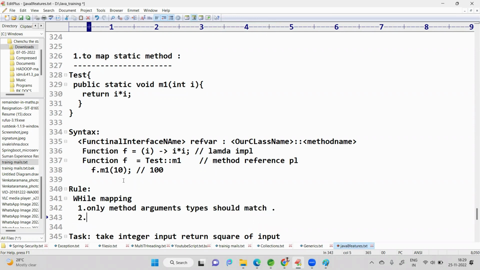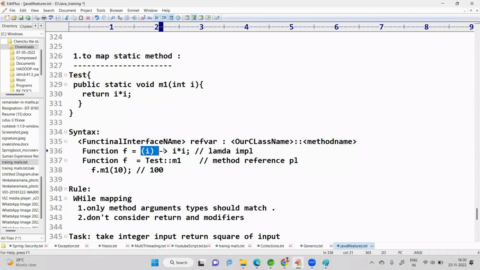Don't consider return type and modifiers. Here while I'm mapping the Test class M1 method,